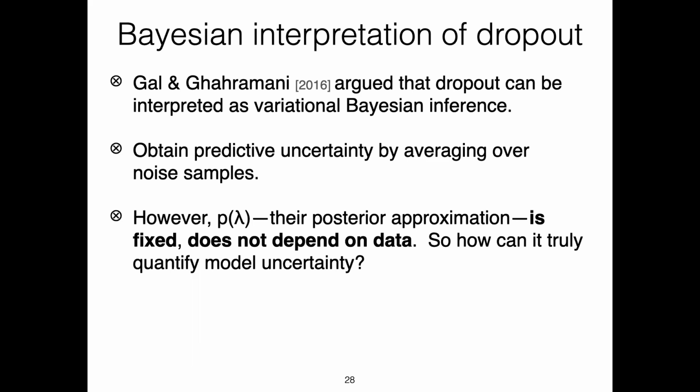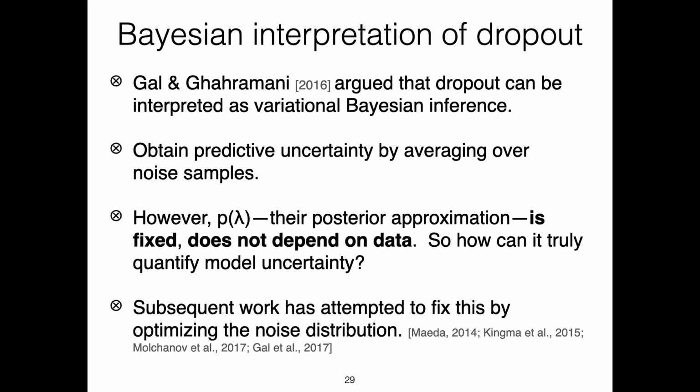But note one thing that's weird, that I don't like about this interpretation of dropout: the variational posterior approximation in this formulation is just fixed. It's just this 0.5 Bernoulli distribution that you sample for every hidden unit. Ideally, we want our posteriors to be dependent on data, and if you have infinite data, we want them to shrink to a point estimate. But this has been fixed in follow-up works, several of which have tried to optimize this noise distribution to the data. And I think when you're doing that, then it's a proper Bayesian procedure,